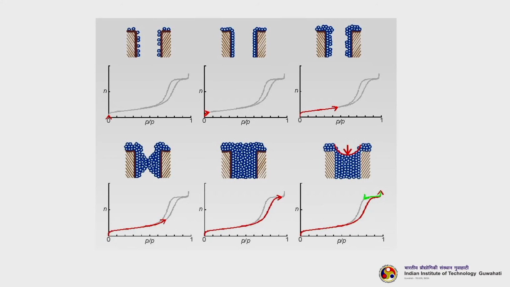You can see in the first plot, the line is showing the adsorption and desorption plot, how ideally it should happen. So, we are starting adsorption, right. You can see a few molecules are getting adsorbed on the surface of the pore, as well as inside the pore, as well as on the top of the membrane also. So, our adsorption starts here. Then we proceed with the adsorption. They have formed a monolayer adsorption system here. Then we further proceed. You can see bilayer deposition starts. Here we can see trilayer deposition starts.